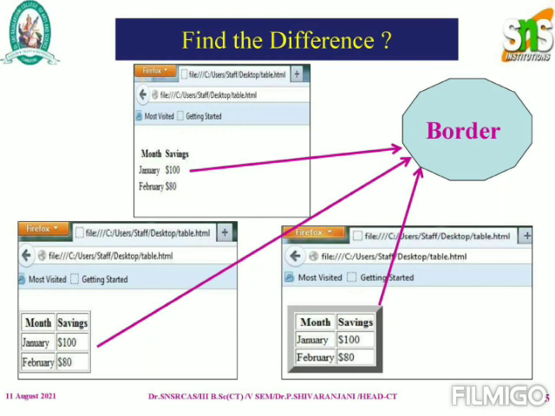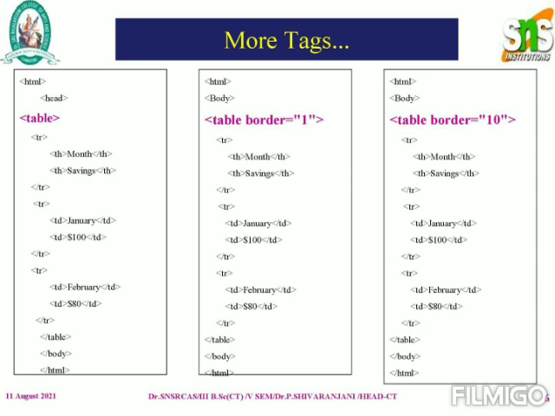Here in the coding you have to use the table tag. Without any border, you simply use table, that's enough. But if you need a border for the cell, I have given the second example as border equal to 1, and the third example I have given border as 10. So we get the corresponding output with borders of different formats.